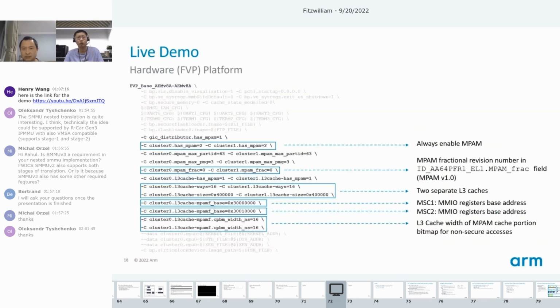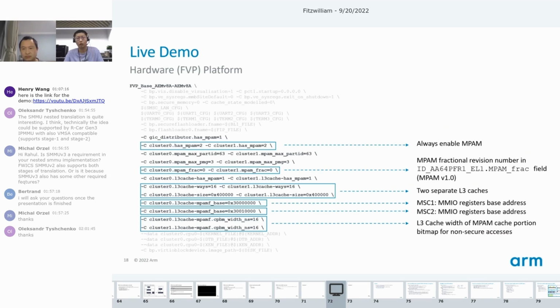So now let's go to the live demo. The live demo is carried on the ARM fixed virtual platforms, aka the FVPs. These fixed virtual platforms are complete simulations of an ARM system, including a processor, memory, and peripherals. These are set out in a programmer's view, which can give us a comprehensive model on which to build and test our software. So for today's talk and demo, we use the FVP base with two ARMv8 clusters.